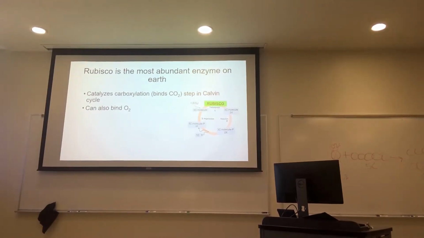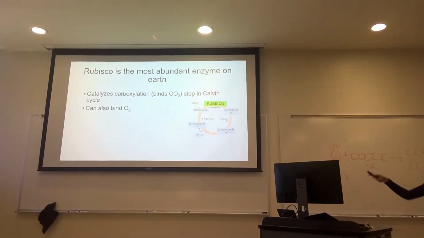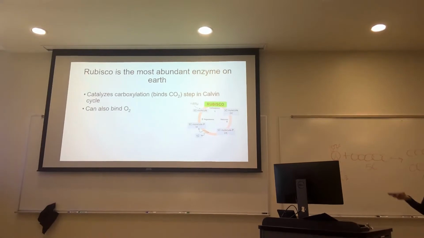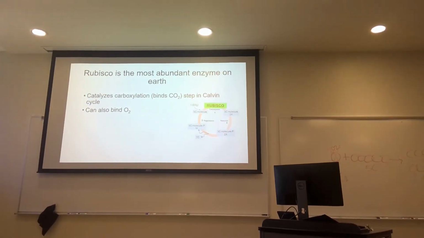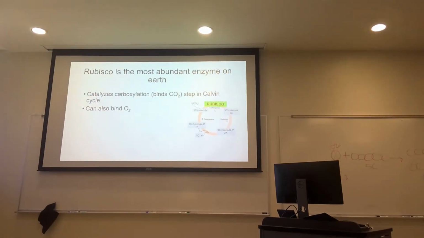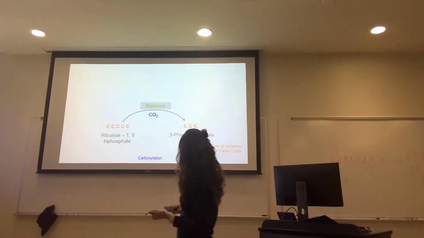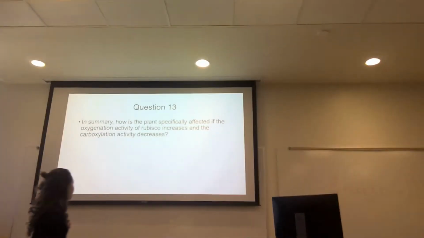You bound the wrong thing, and I have no carbon for this round. And now I have to do all this process again just to regenerate the 5-carbon molecule. So it's a waste of energy for the plant because rubisco messed up and grabbed the wrong molecule. So it's a waste of resources for the plant. And the other thing is